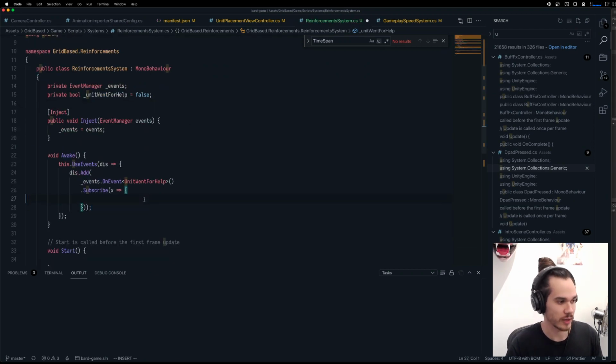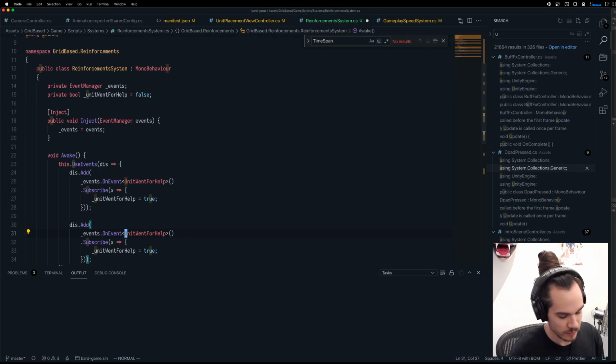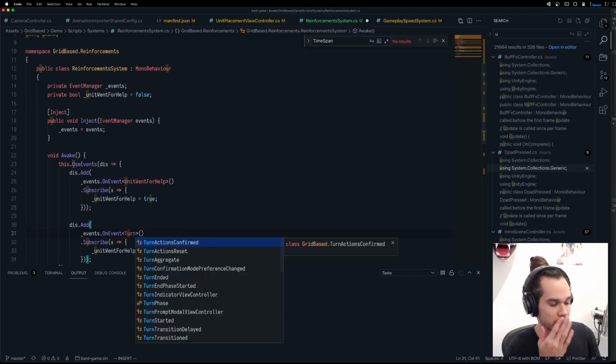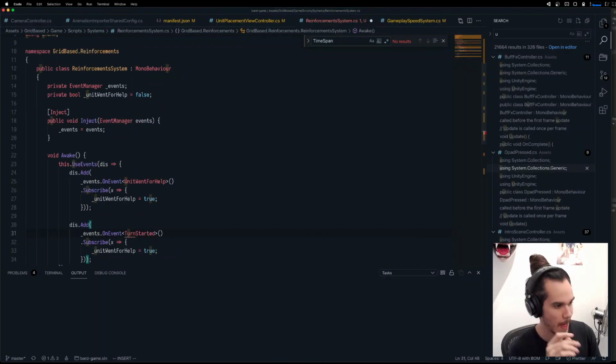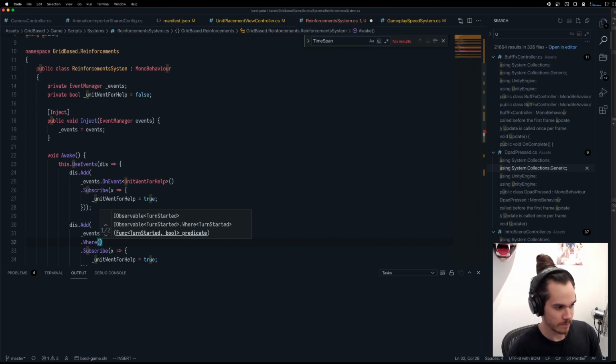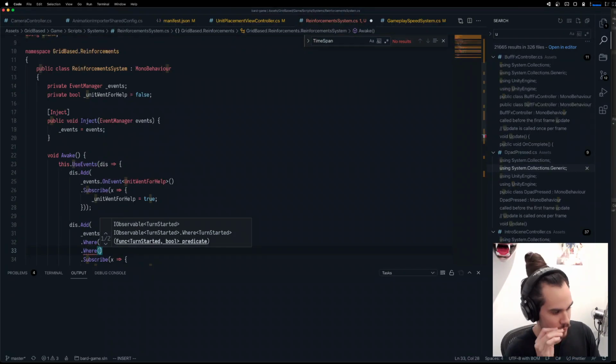So unit went for help. Yeah, so obviously unit went for help equals true here now. Then we also have more events to bind, right? So we need to basically steal this block here and then just make another one of them. And when turn started dot where unit went for help and where x dot unit